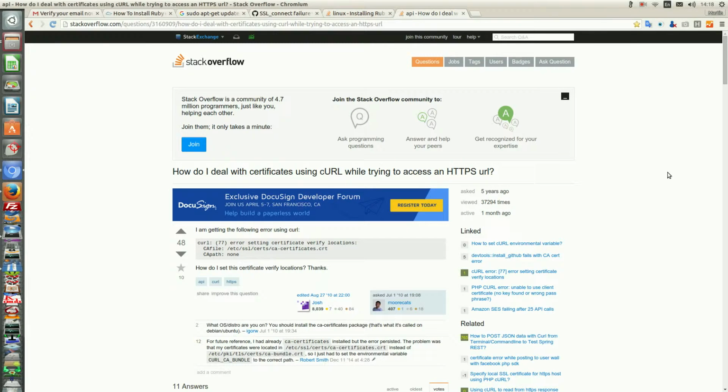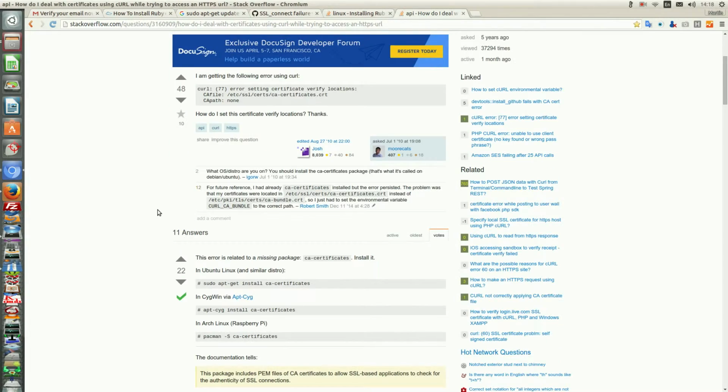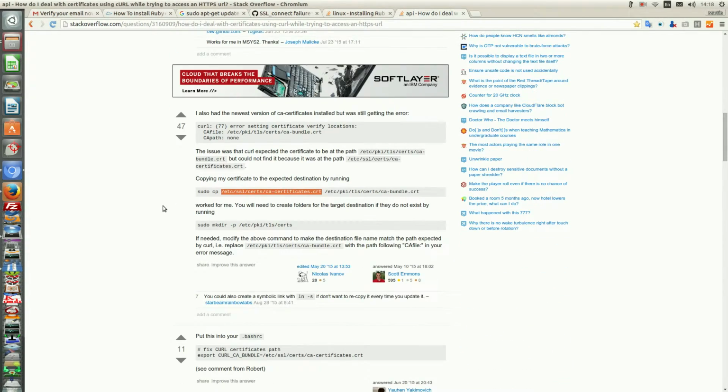When I tried to install the latest version of Ruby and Jekyll, I came across this curl:77 error in my terminal. So I did a search and found this document on Stack Overflow. Now apparently what's happening is that Ruby and Jekyll are looking for certificates in this directory, but they actually are stored in this directory. So we need to do a copy from this directory to this directory, and that should resolve the issue of